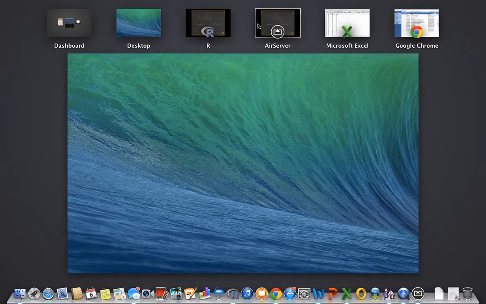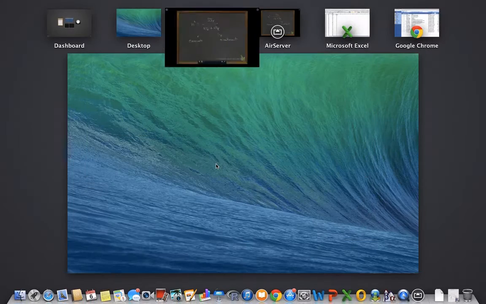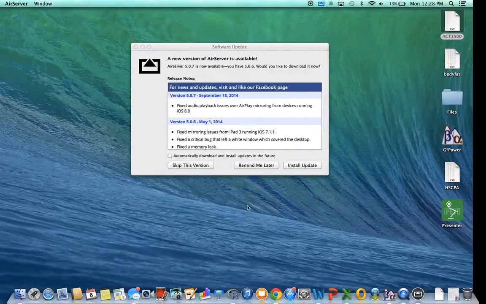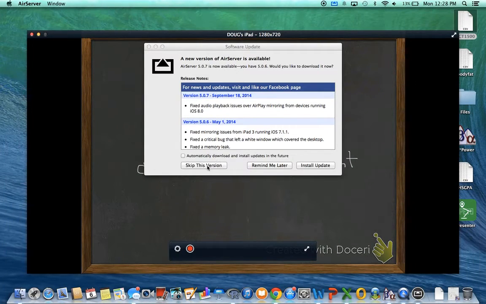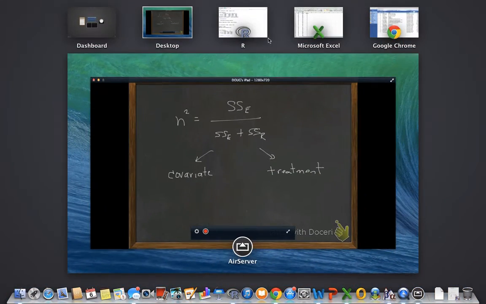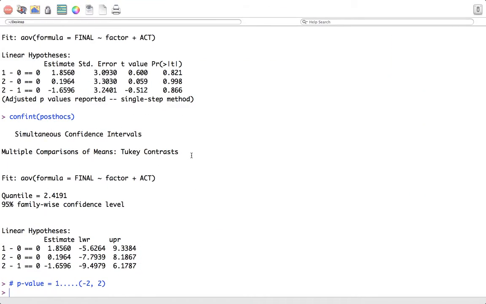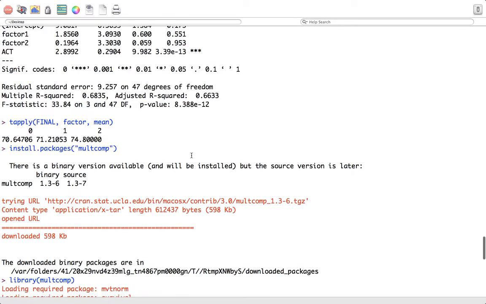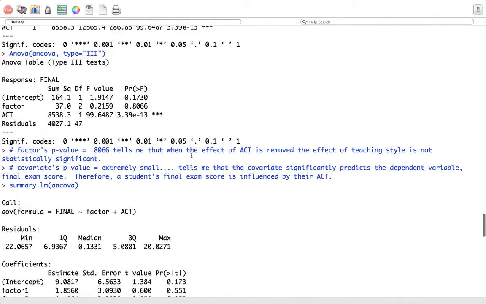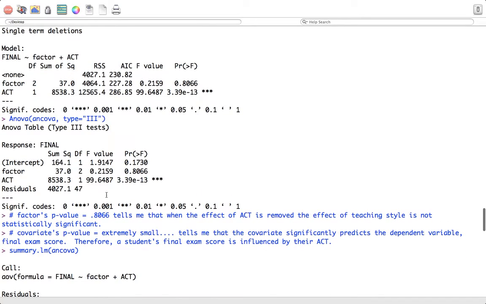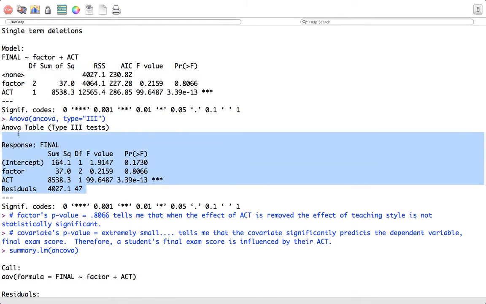Let's go to R. Okay, this is cool. It's not letting me get to R. All right, so when we go back up to the capital ANOVA,